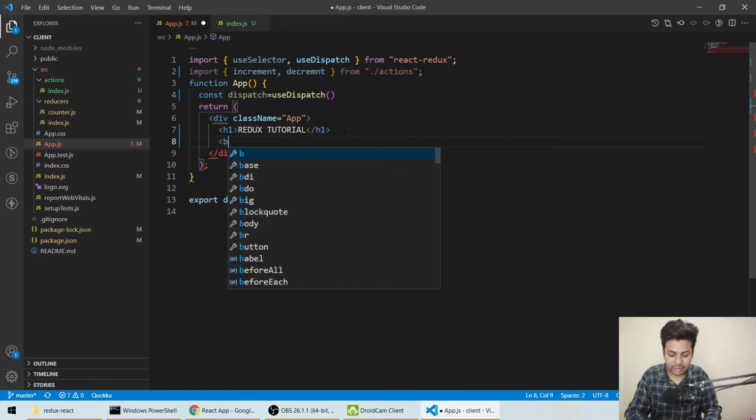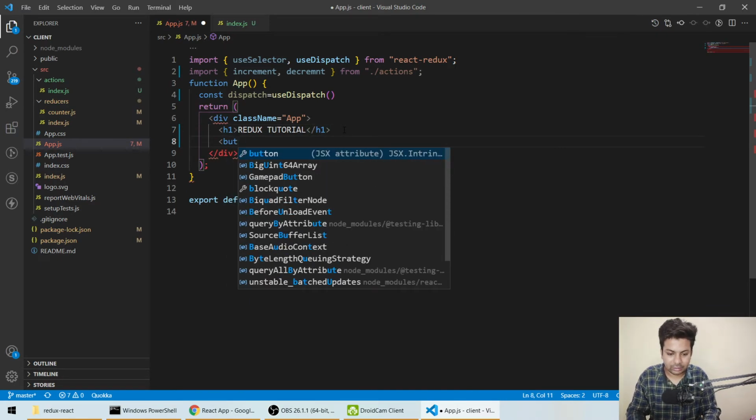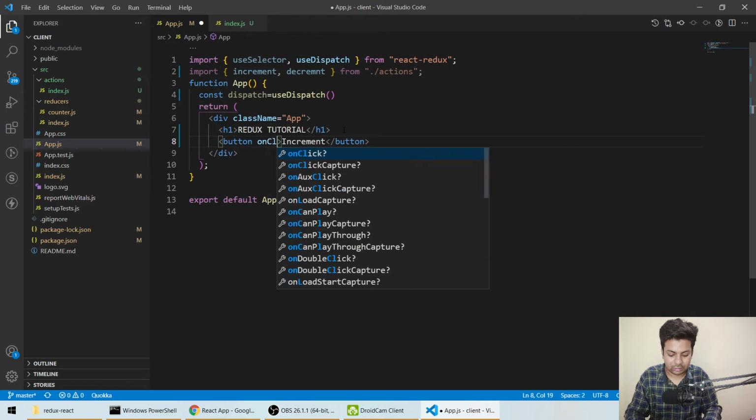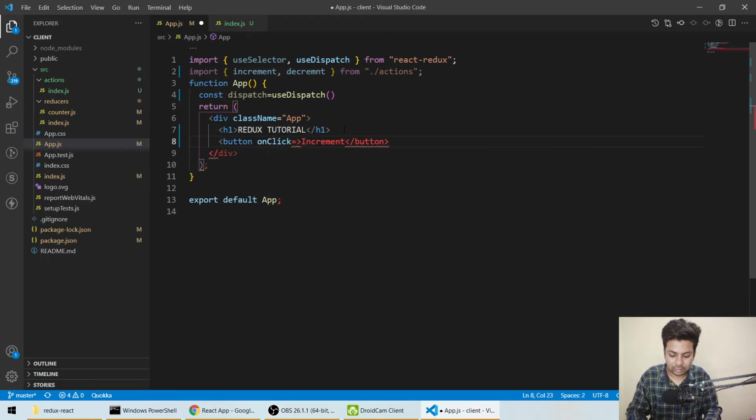We'll make a button and name it increment. Normal increment, and we'll say onClick, we'll make a function out of it. Now we'll call the dispatch thing.